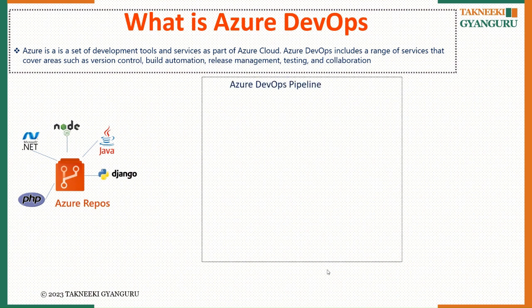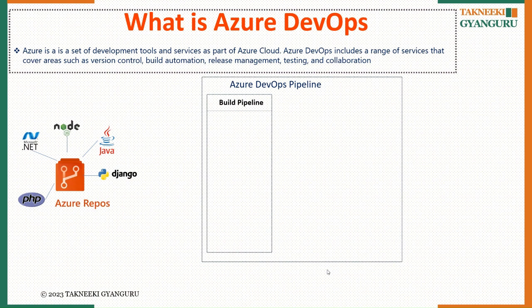So once we are ready with the Azure repo, the developer has created their code in the code editor and pushed their code into the code repository. Maybe the .NET developer will work on the .NET application. The Java developer will work on the Java application, and they will do their branching, pushing code, and committing their code. Once it is done, the repository is ready for the application. Then the